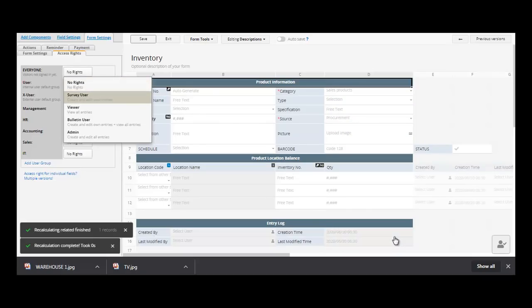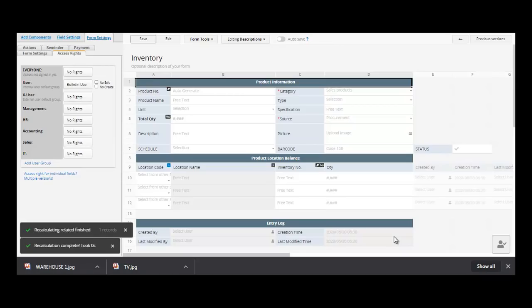Now, the second is a survey user. It means that they can create and edit their own entries only. For the viewer, they can only view, and then the other role can create and edit own entries and view all of the other entries. And last is the admin, which has access to all. So admin doesn't necessarily mean that they have access to what's in the background. Okay, you can add a user group in here, access rights for individual fields and multiple versions. So as you can see, we have different types of users, set for the management, the HR, the accounting, the sales, and the IT personnel. Okay, so that's it for